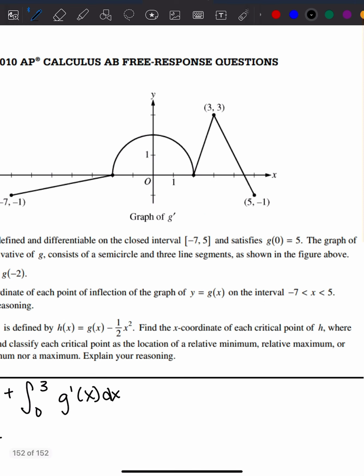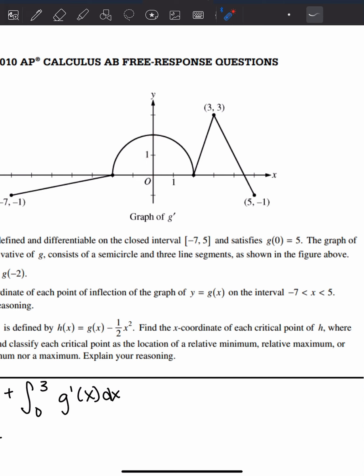So 0 to 3, we're looking between this right here and this halfway piece here. So what we're looking at is this triangle area. So we're going to use the area of a triangle, and we have this quarter of a circle. And I know it's a quarter of a circle because they told us we have a semicircle, and it's half of that. So things that we want to know about our semicircle is the radius, because this is the center,